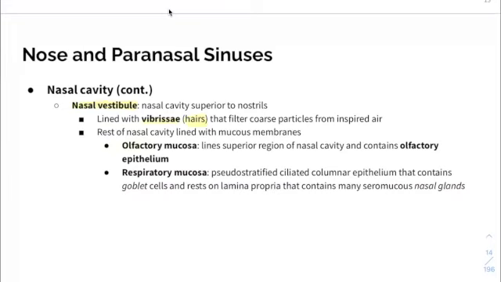We have the olfactory mucosa. That's at the top portion, and it has that olfactory epithelium. That's what helps us smell things. And then we have that respiratory mucosa, which is